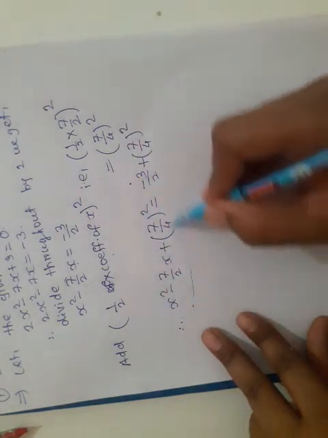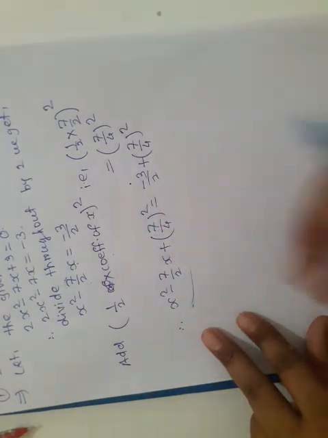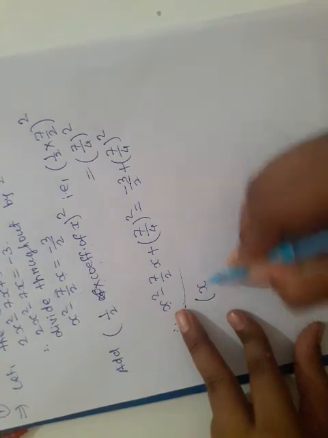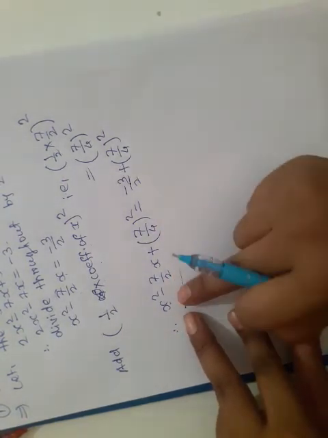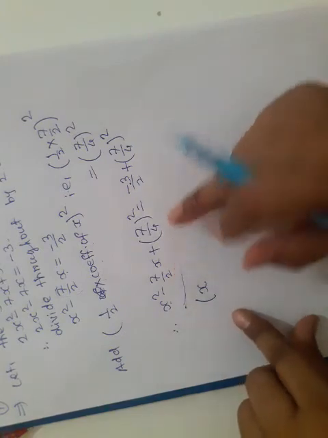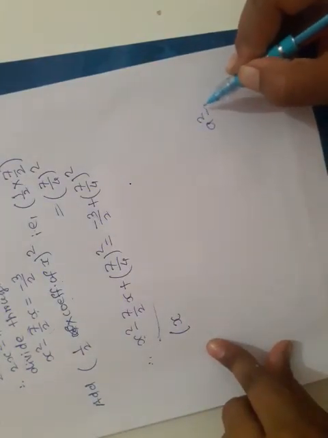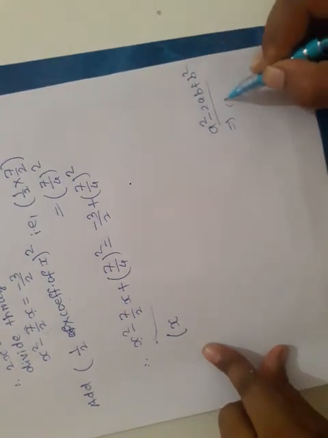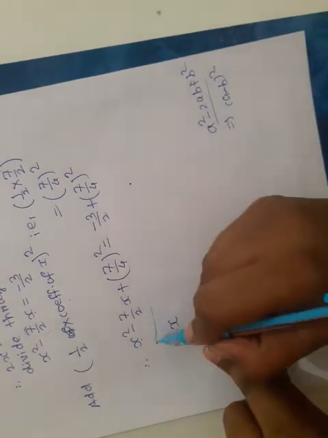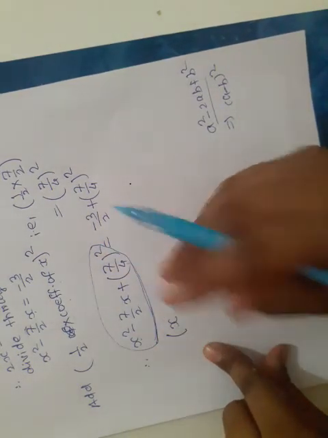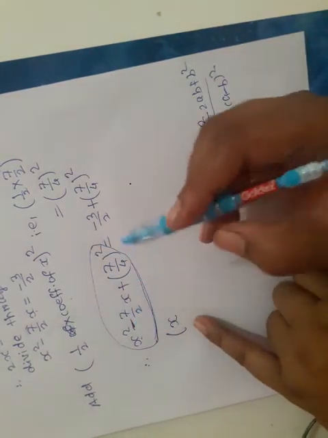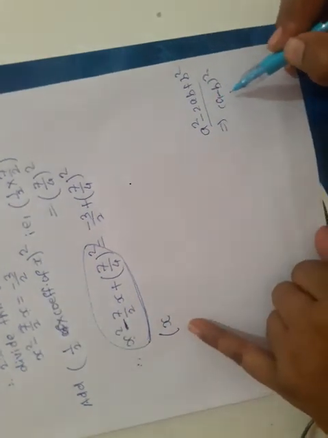the term on the LHS must be a perfect square. It must be a perfect square. Okay, we can write this term as x. See, first check whether the middle term is negative. If the middle term is negative, we can compare this to a square minus 2ab plus b square. After comparing, we can write the formula as a minus b bracket square. So this equation obtained must be a perfect square, and the middle term is negative, so the formula obtained is a minus b bracket square.